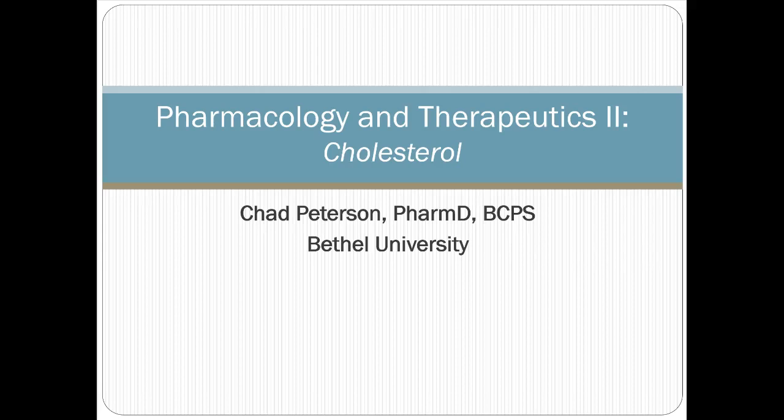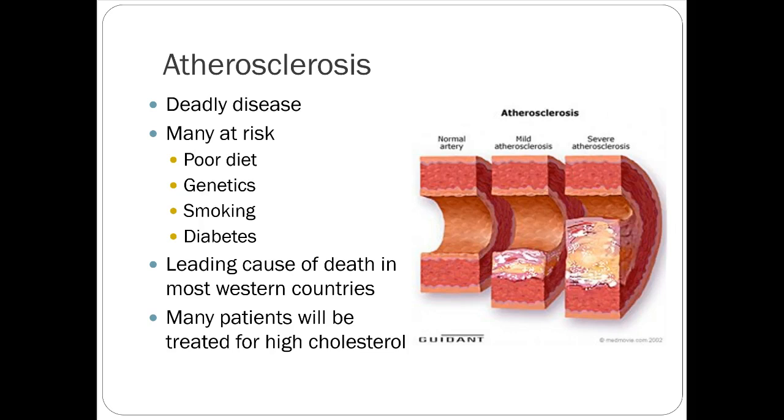It just goes into a little bit more detail on some of the mechanisms and some of the drugs specifically. So there shouldn't really be too much new information here, and we'll go through it relatively quickly. So just to review,